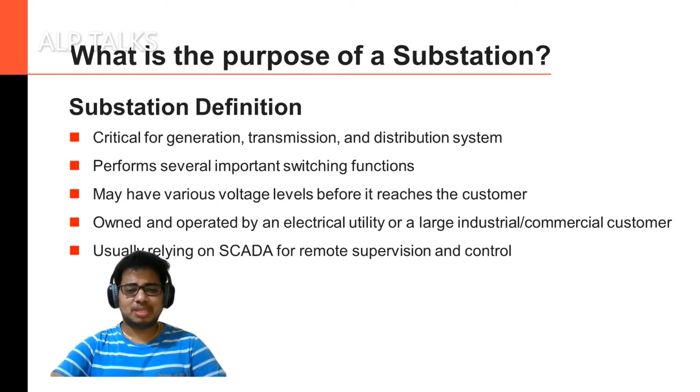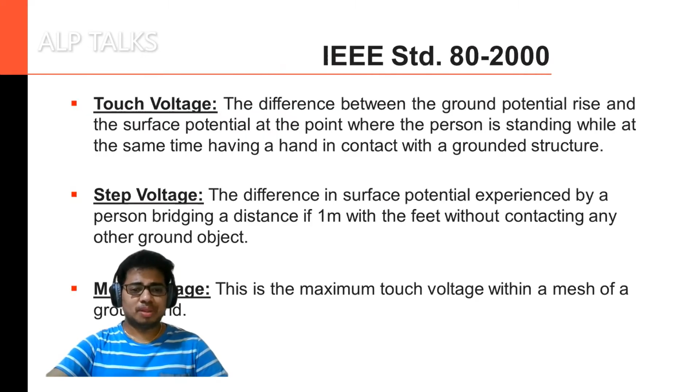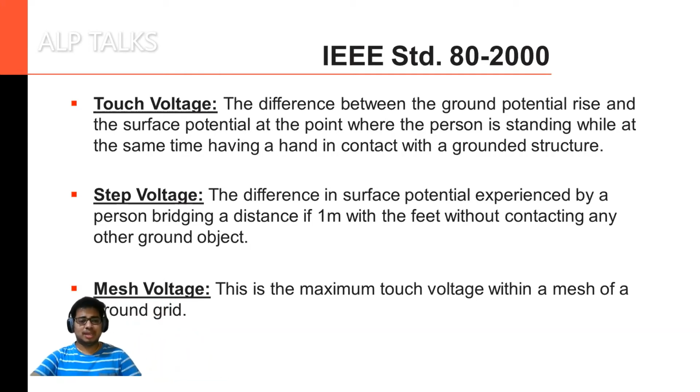This is the substation, which houses so many components at one place. It can have incoming terminals, outgoing terminals, all the things housed at one place. So in our substation, there are different aspects we have to take care of. So what are those things? Let's see. For example, here we have, as per IEEE 80, touch voltage, step voltage, and mesh voltage. These are required for grounding and all.